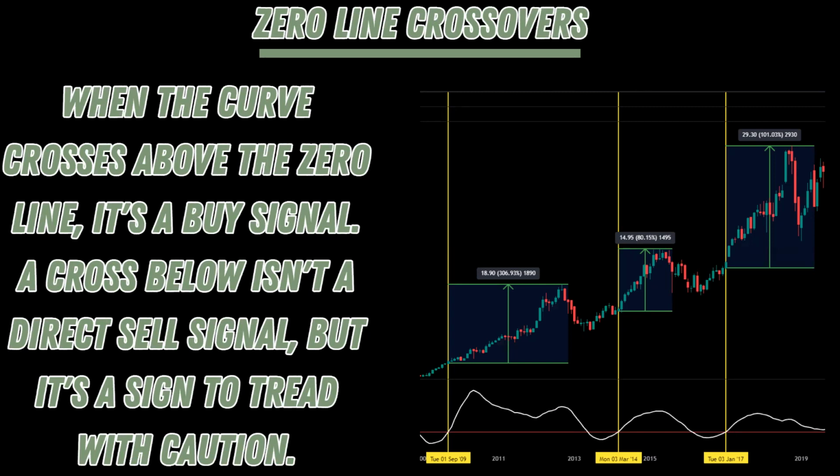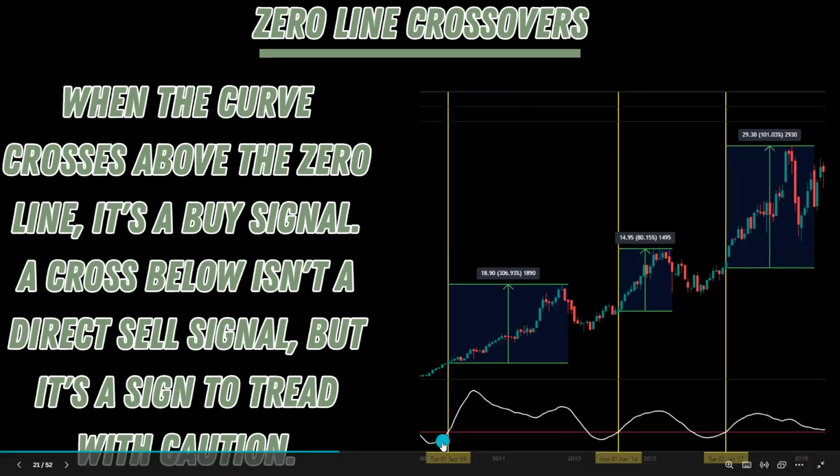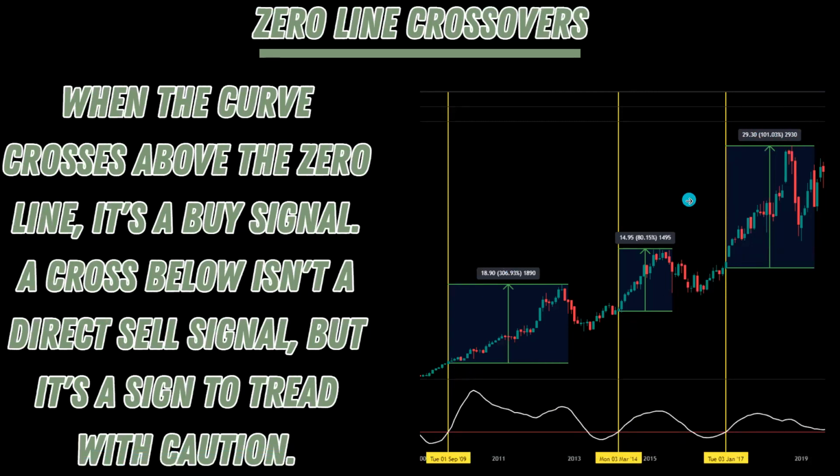Now, I do want to mention that we'll dive into the long-term focus in a little bit, but you mostly want to use this on the monthly time frame. So each of these candlesticks that you're looking at are monthly candlesticks, and that really helps emphasize the long-term focus. Now, you can see here, we cross up above and we go on a 306% rally. Here we cross above, we go on an 80% rally. Here we cross above and we go on a 100% rally. So it's a really, really good indicator for, again, spotting those potential bottoms and capturing those nice bull markets